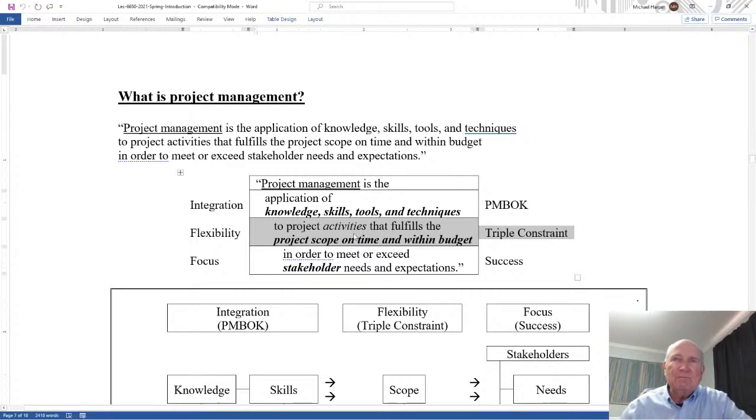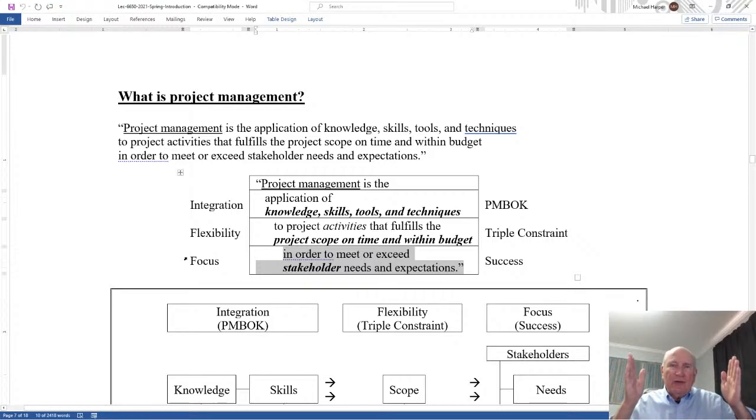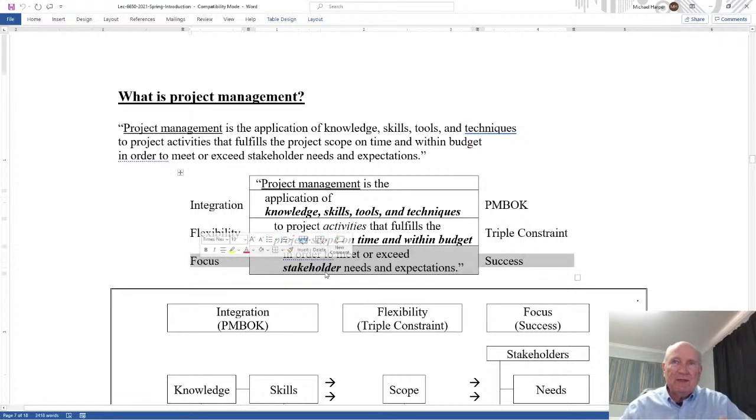Finally, in order to meet or exceed stakeholder needs and expectations, all the way through from the planning stages to the execution stage to the closing stage of a project, you have to maintain a focus on success, and the focus on success is focusing on the stakeholder needs and expectations. And there's where the project manager has to be a leader and say, our focus is on